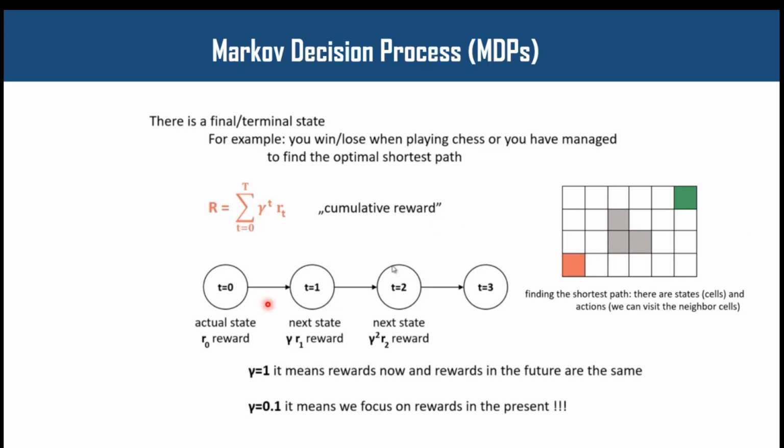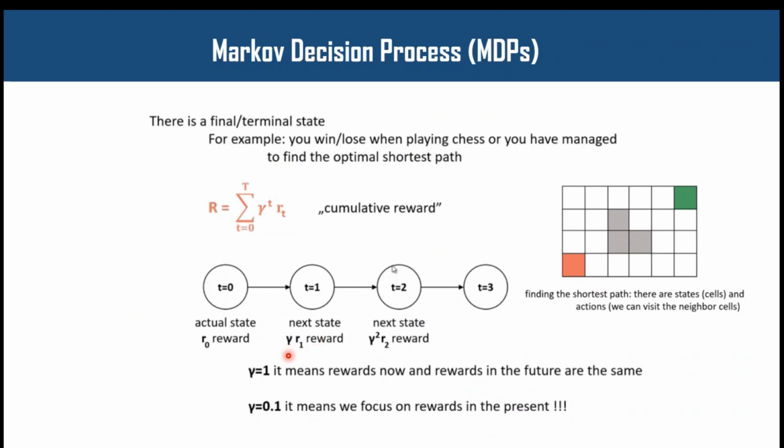For example, the agent at t equal to 0 is in one state and it is moving to the next state, that is t equal to 1. At t equal to 0, the agent is getting some reward, that is R now. And moving from the actual state to the next state, it is getting R1 reward,